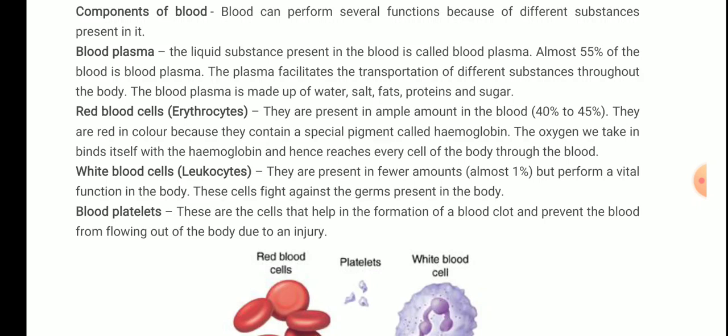Okay, and next one was blood platelets. It is also important. Why? Because it helps in the formation of blood clot. And what does the blood clot do? It prevents the blood from flowing out of the body due to an injury. Okay,